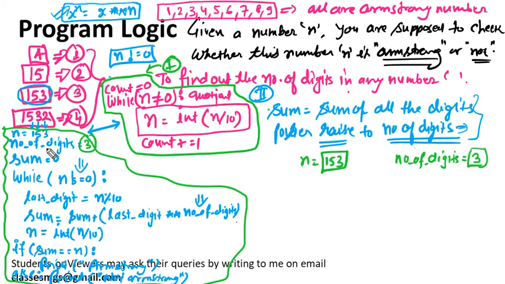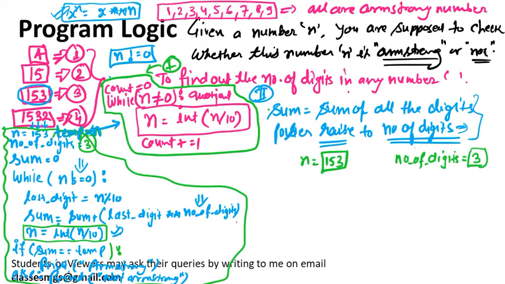Okay, so first, before starting this, let's hold this number in a temporary variable, temp equals n, so that we don't lose the number, because we keep modifying n. So we will check sum equals to temp. What you need to write here is temp, because we are modifying the original number, so we need to keep a copy of it in the temp variable: temp equals n.